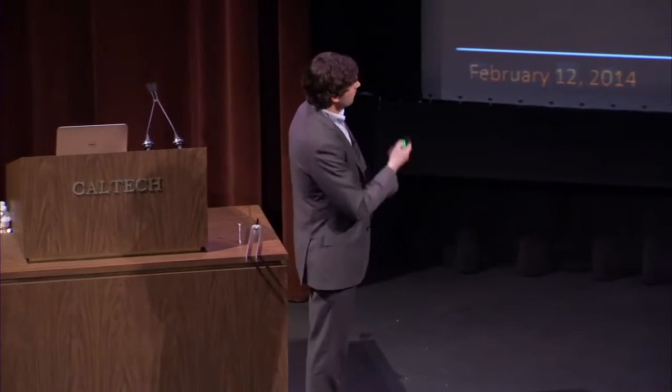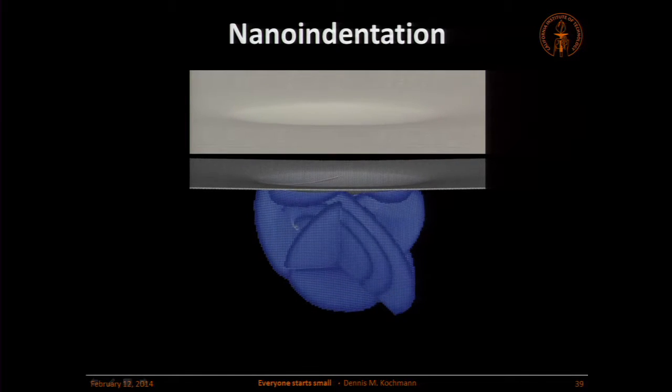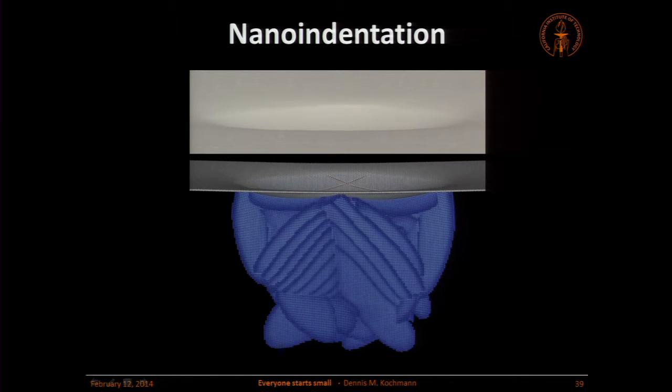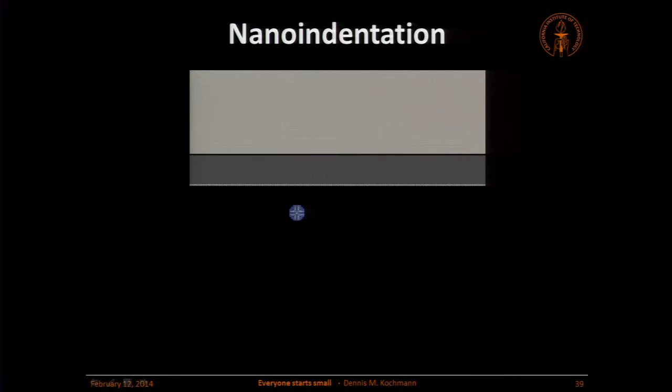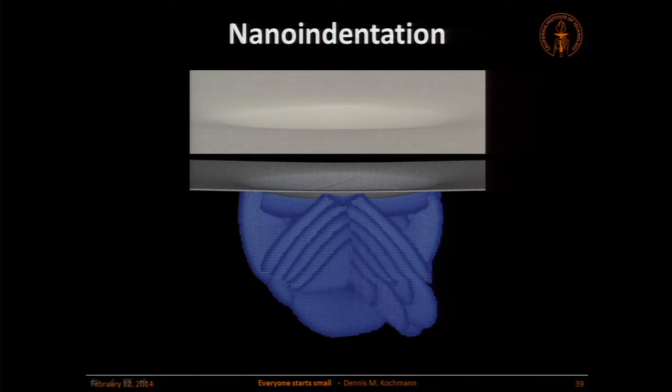Another example is nanoindentation. I mentioned this before. This is the tiny poking device. We're punching into a material, and what we're seeing here is what actually happens, what you cannot even easily see on our microscope, and it will soon start again. So here we're punching into the material with a spherical indenter, and at a certain point what you see is these loops form. These are nothing else but dislocations.